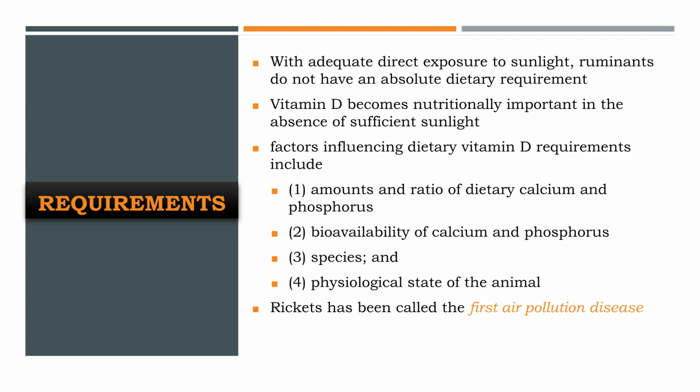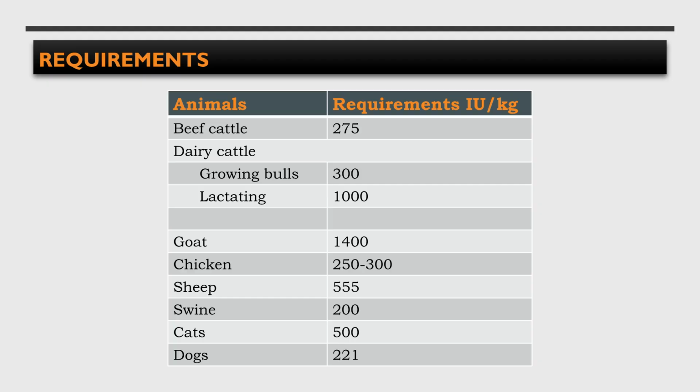Rickets was once called the first air pollution disease. Dietary vitamin D requirements vary by animal. For example, beef cattle require 275 IU per kilogram. Dairy cattle's growing bulls need 300, and lactating cattle need 1,000 IU per kilogram. Goats require 1,400, chickens 250 to 300, and dogs require